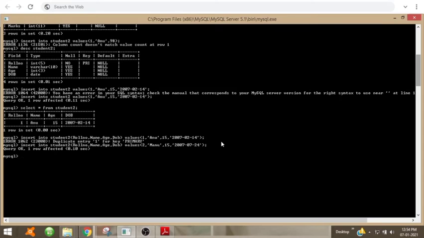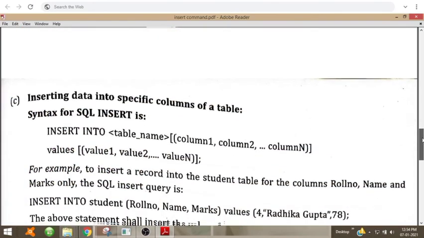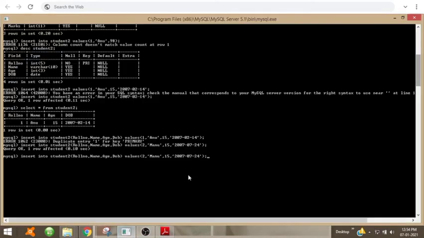Now we can use another method of insertion, that is inserting only a few values into particular specified columns. Suppose I am inserting only in the name and roll number columns. The values are 3, Tanu.